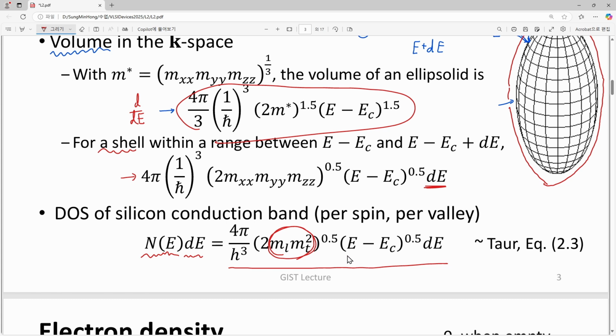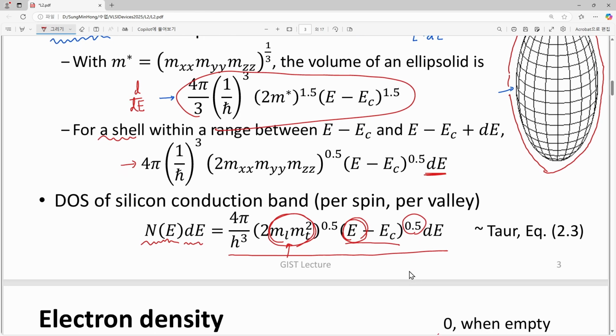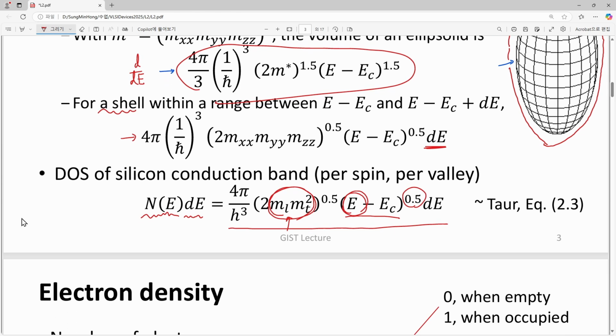This is constant for a given energy structure, and the only energy dependency comes from this E, and it's a square root. So when we just draw the density of states as a function of energy, electronic energy,